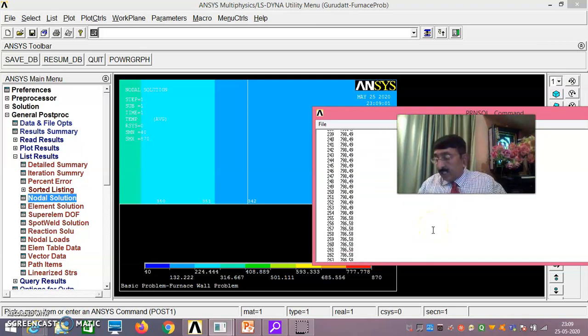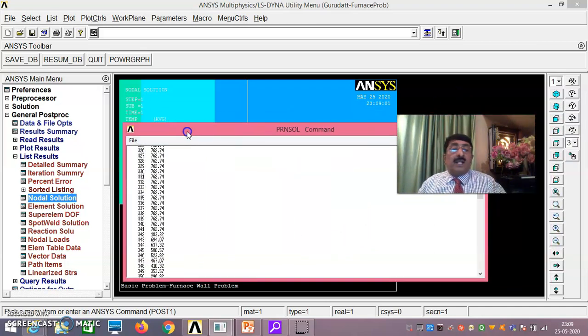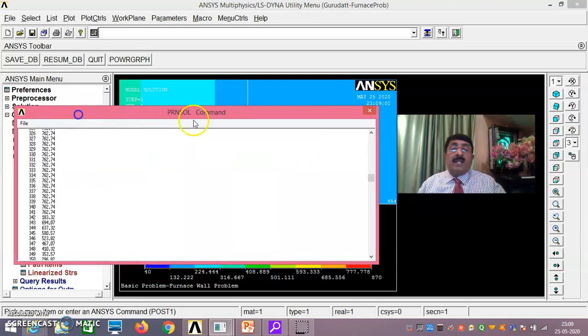If you see that, 342 should be T3, and it should be 183.3. In that way, you have done the things perfectly well and completed in all respects.